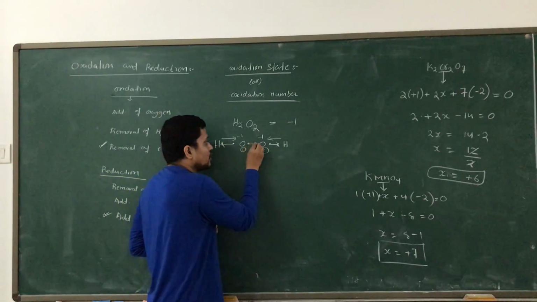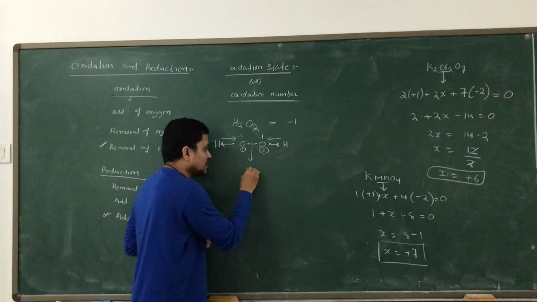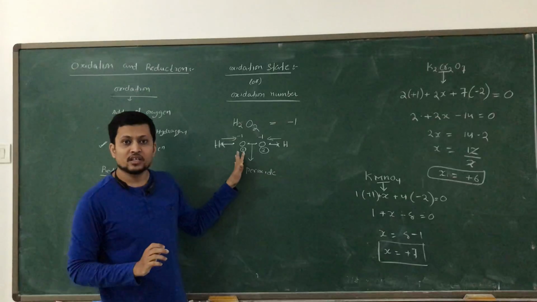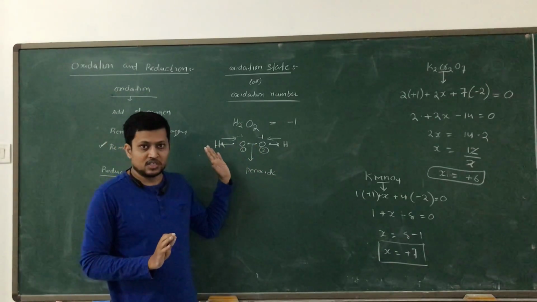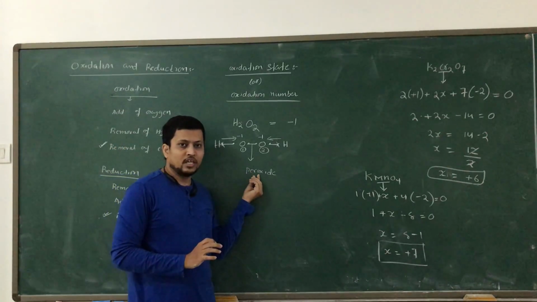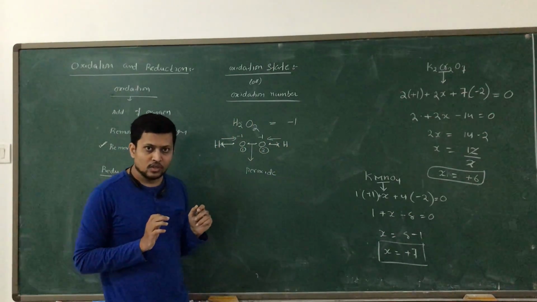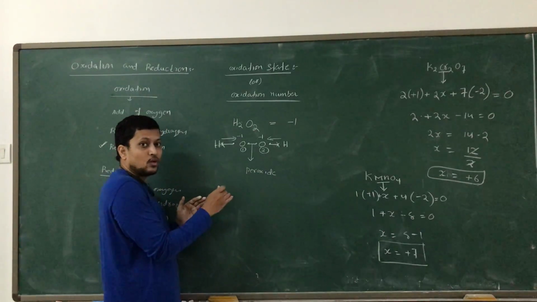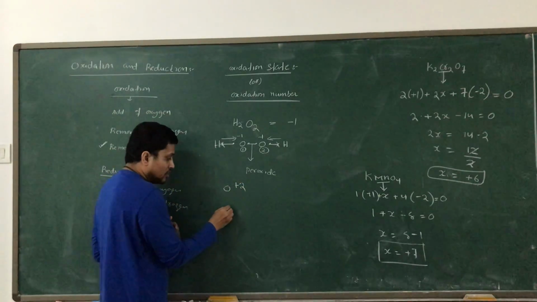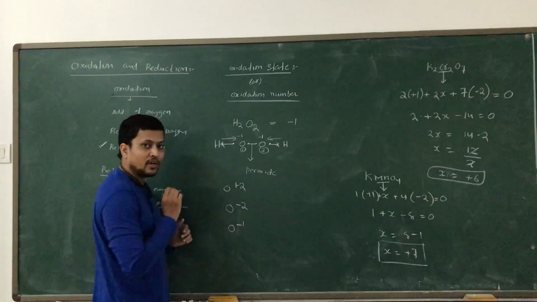So this particular bond which we are seeing between the two oxygens, the oxygen-oxygen bond, whenever we have it, is called a peroxide bond. If a peroxide bond comes, then you need to check what charge, what oxidation state, you are taking for oxygen. So wherever you find the peroxide bond, you must be careful. In the same way, if oxygen has a bond with fluorine, there also you need to be careful. Whenever oxygen has a bond with fluorine, it loses the electron and becomes +2. If it is with any other compound, normally -2. If any peroxide bond is present, then it is going to be -1.